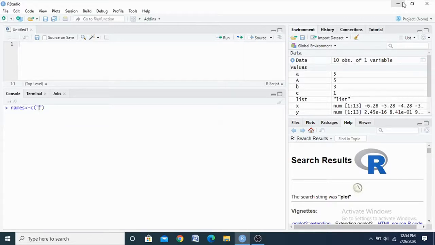I have to create it as a vector. First I have to create the captain names. I am using the variable names, where c is the concatenation operator, the vector concept here.